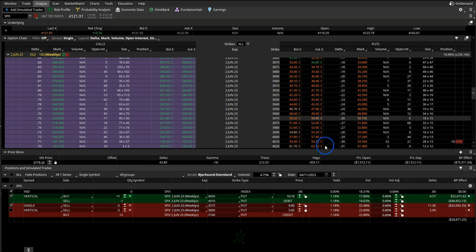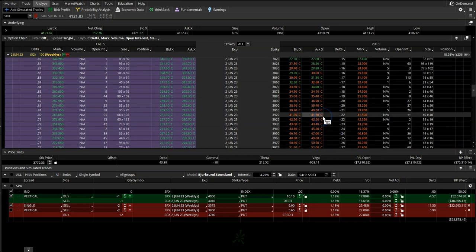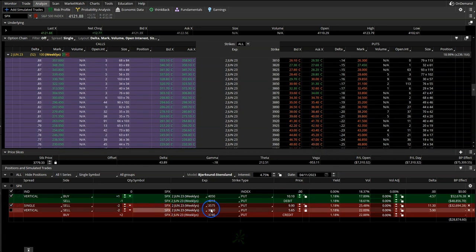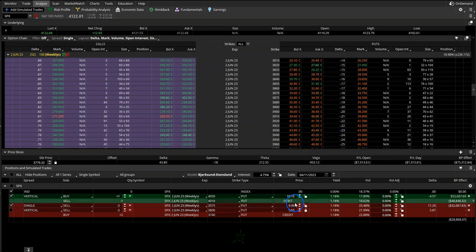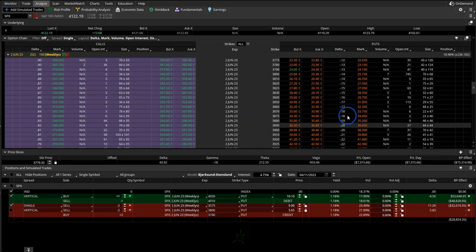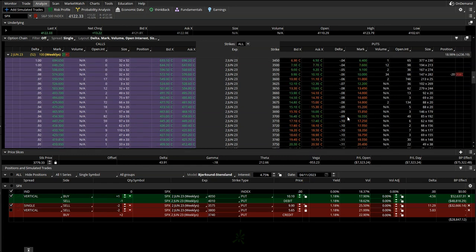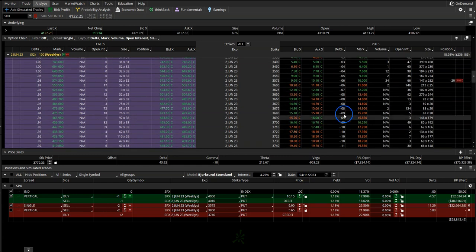And what I did was I went out and I wanted to sell two of the puts naked that were trading at the time for around the same price as my debit spread. So the debit spread was about $10.30 earlier today. And then I went out and I looked for a put that was trading for about $10.30. And 3575 was